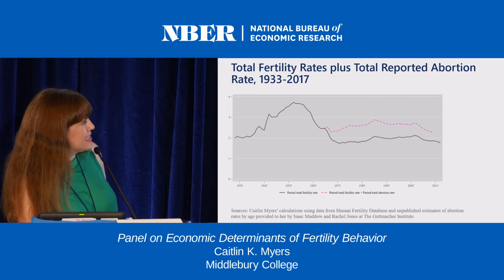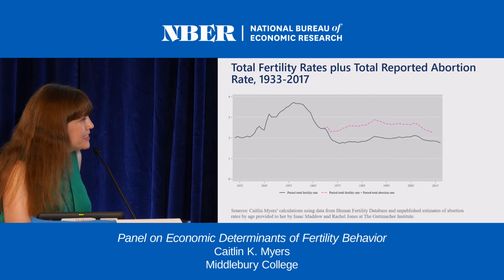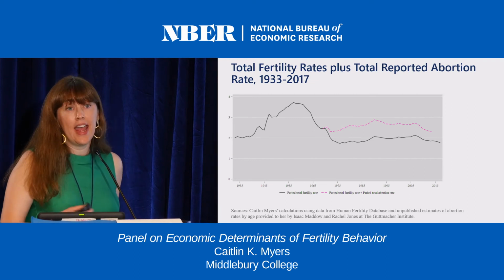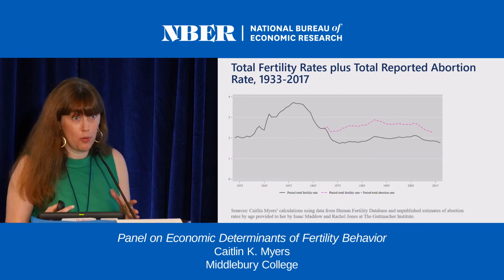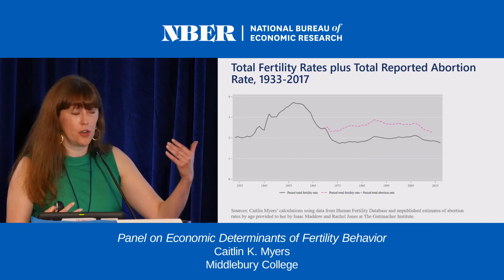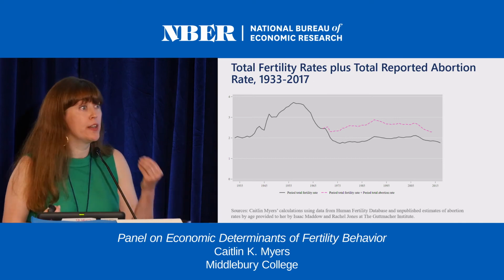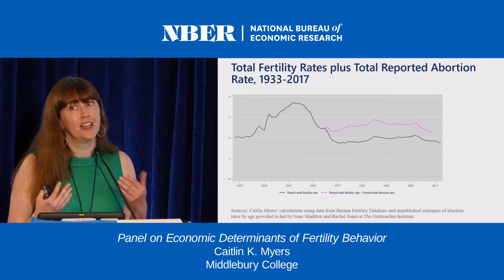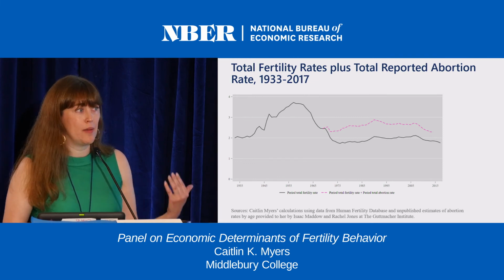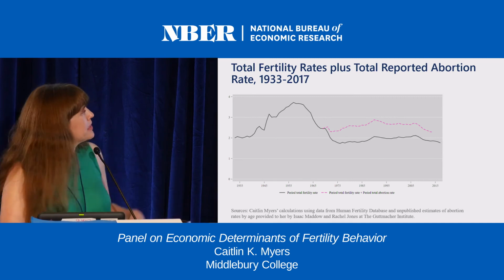And just to give you a sense of the scale, here's the total fertility rate. We've seen this a lot, but I added a pink line. So what I did was just take the age-specific abortion rate and use it to calculate a total abortion rate and add it to the total fertility rate. Over the years that I've got measures of abortion, reported abortions being surveilled by the CDC and the Guttmacher Institute, I don't have illegal abortions, which certainly have happened in the past and are self-induced and unobserved abortions and are happening now.